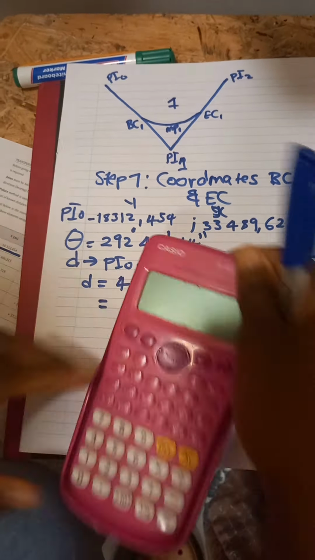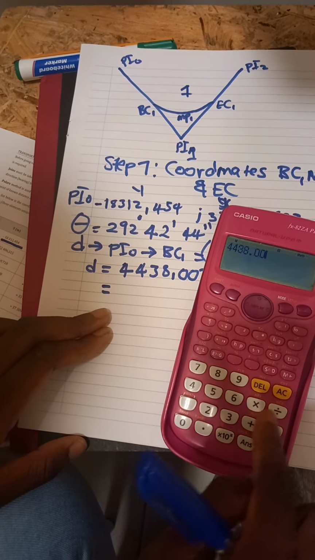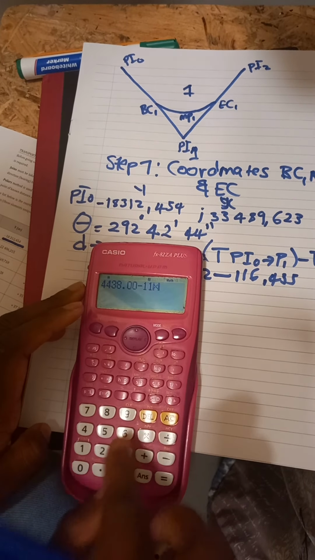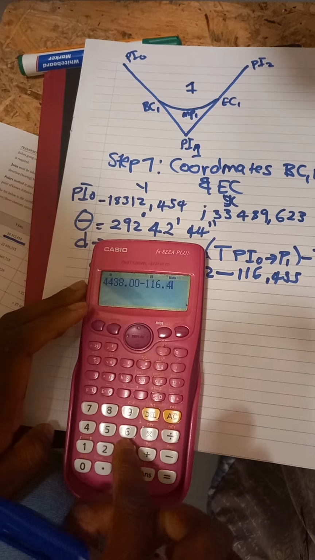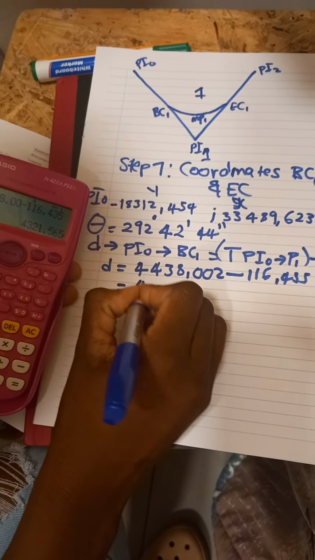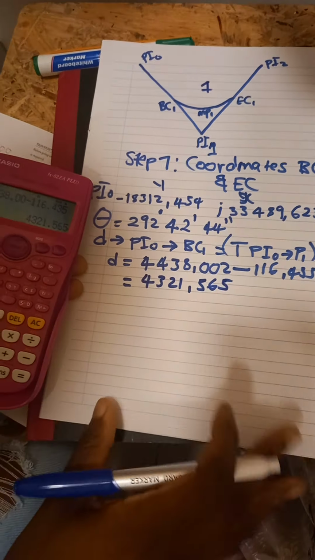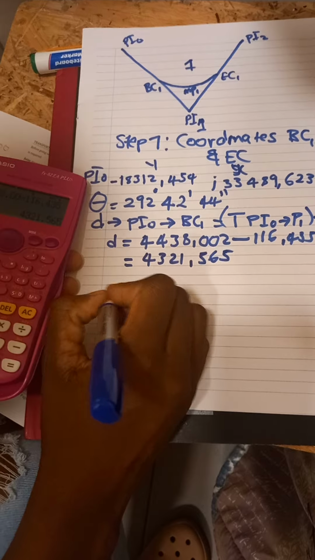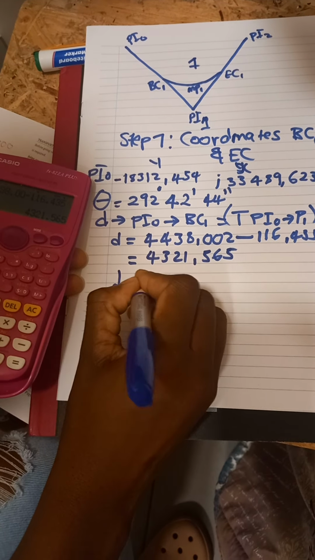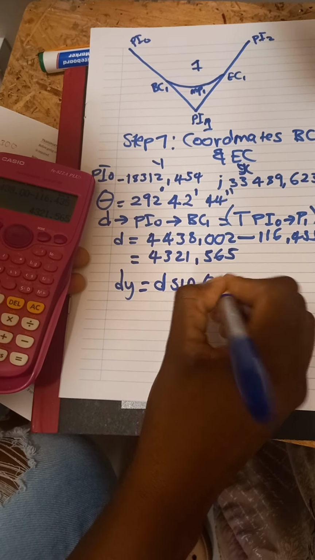So the distance from PI 0 to BC1 is 4321.565. Remember from survey, when we determine dy, it is given by the distance times sine of the bearing, and